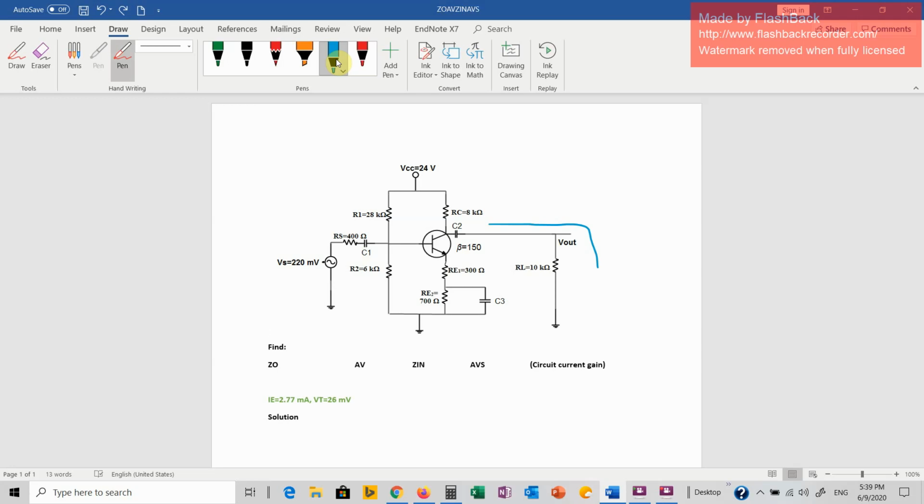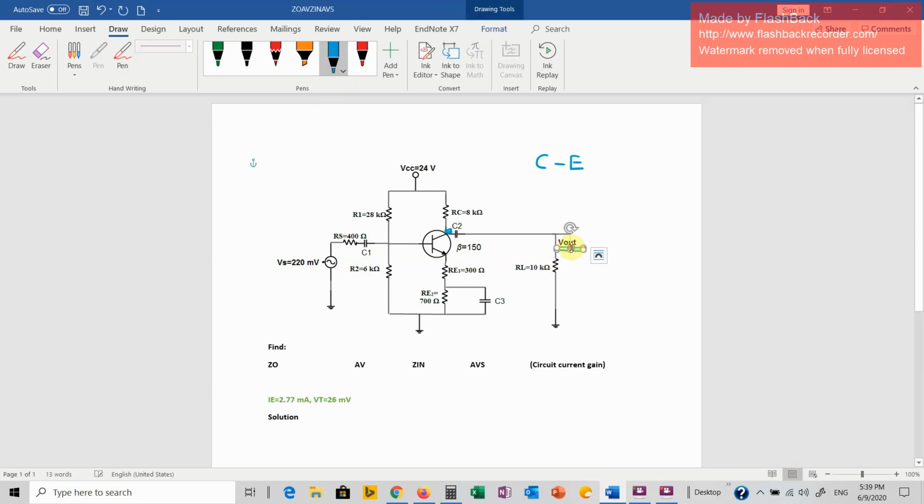Anyway, okay, so you can see V out is connected to the collector, and the input signal Vs is connected to the base. So what is left is the emitter. So we can say this is common emitter. Okay, now